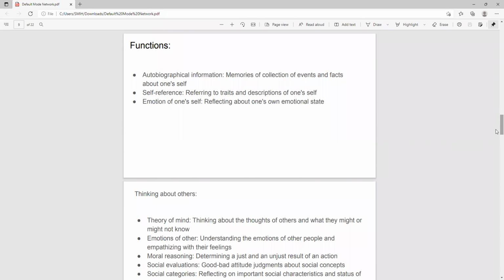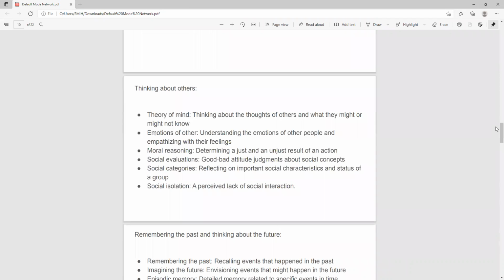The functions of the default mode network are autobiographical information, memories of a collection of events and facts about oneself; self-reference, referring to traits and descriptions of oneself; emotions of one's self, reflecting about one's emotional state; thinking about others, theory of mind, thinking about the thoughts of others and what they might or might not know; emotions of others, understanding the emotions of other people and empathizing with their feelings; moral reasoning, determining a just and unjust result of an action; social evaluations, good or bad attitude judgments about social concepts, social categories, reflecting on important social characteristics and status of a group;